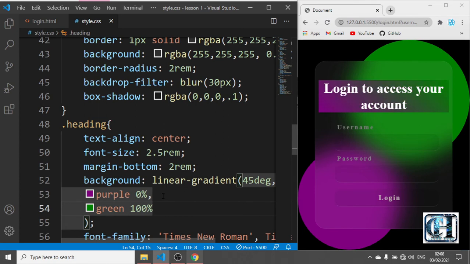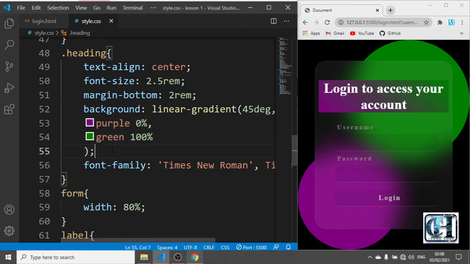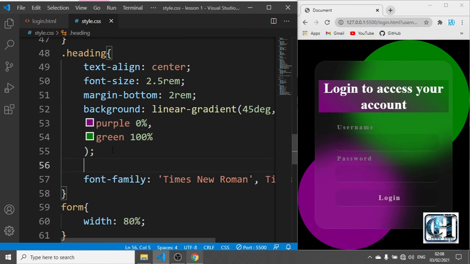Okay, so now in order to have this, because if you put linear gradient to the color of the text, it doesn't have an effect. So in order to do that, we're going to use something called